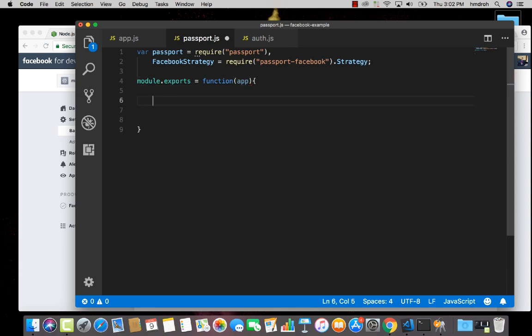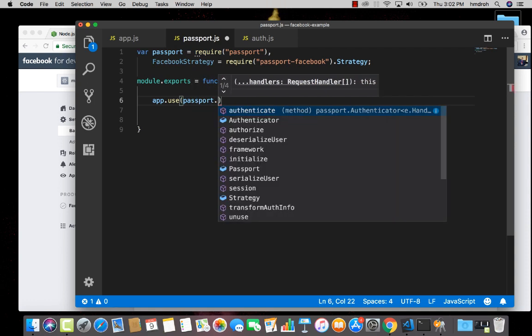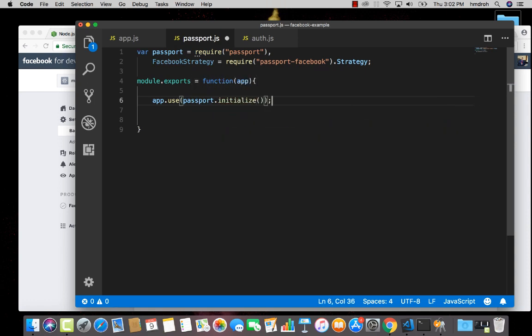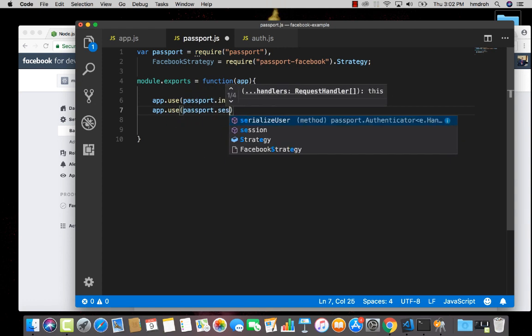So I'm gonna use something called initialize passport.initialize, and app.use passport.session,